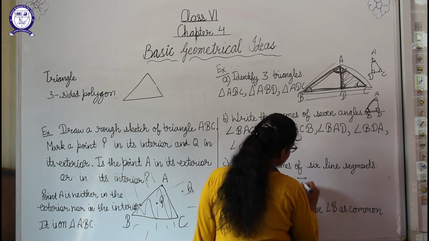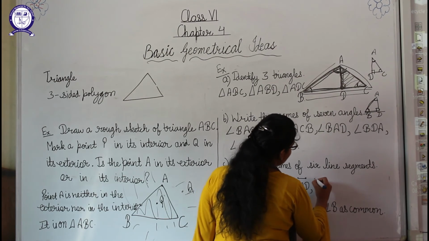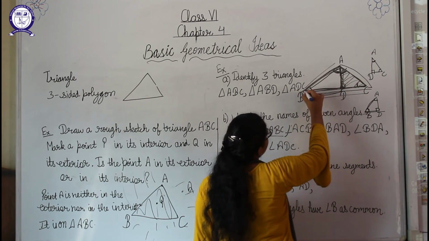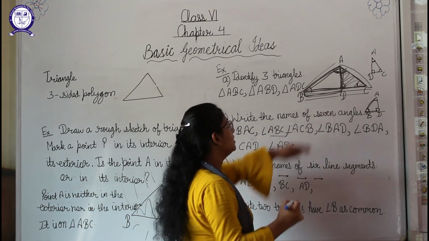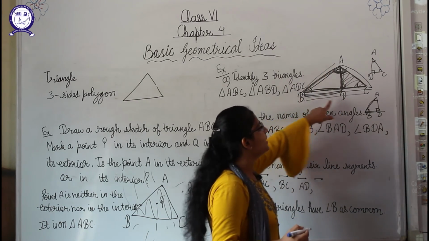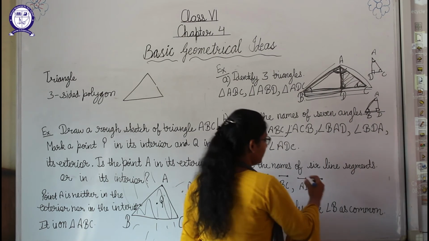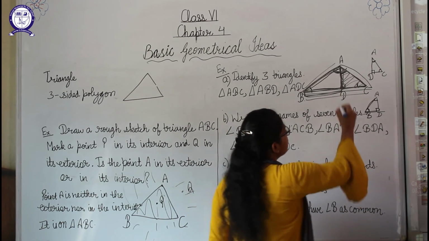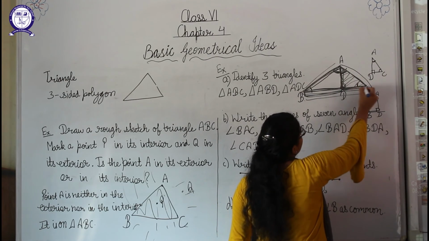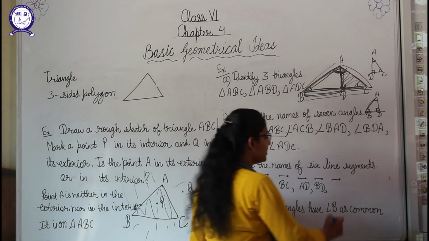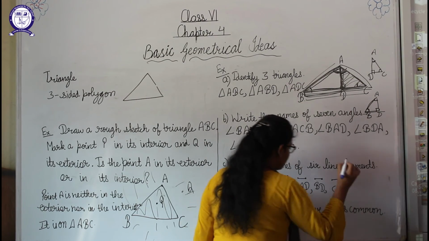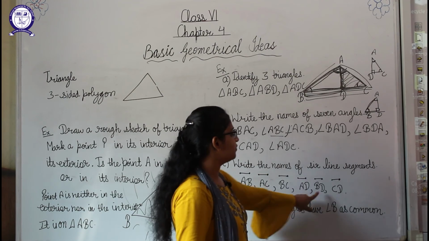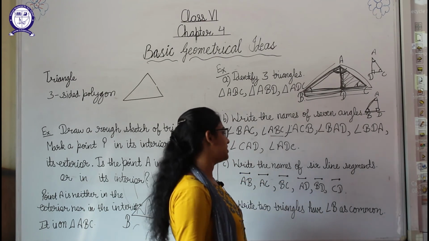So AD is another line. Okay, now next one will be, students, can't we write this one line BD? Okay, because this is the line segment of triangle ABD. So this line segment BD will be another one, and another one will be the line segment of this ADC, means this smaller one, which is CD, or we can write DC. Okay, so these are the 5 line segments. We have to write 6. 1 2 3 4 5 6, means these are the 6 line segments here.